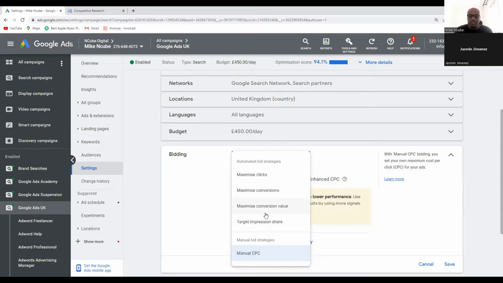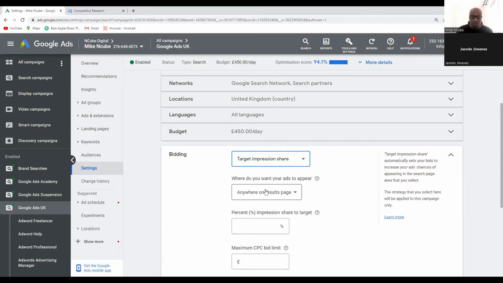Now, if I decide, you know what, I just really want to come up 100% in position one, the honest truth is you'll never get 100%. It's almost impossible, but you can get it to about 90% or something like that. The bid strategy that's going to help you is target impression share. And I'm sure maybe some of you have used this. And this one, it really helps you to target more of those impressions and get more of them. If you remember, I showed you I get 50%. So maybe if I want to increase that, whilst also increasing my positions, I could come here and say,